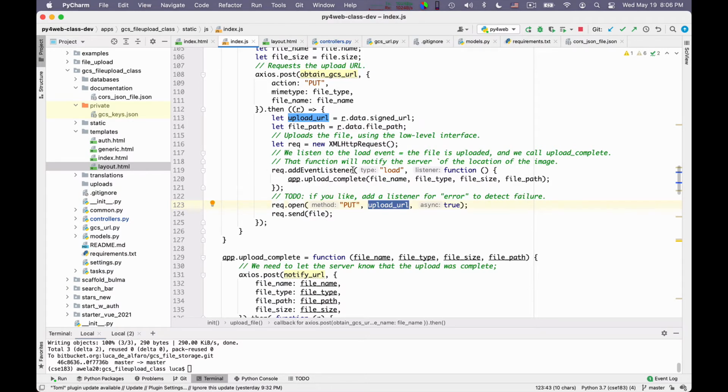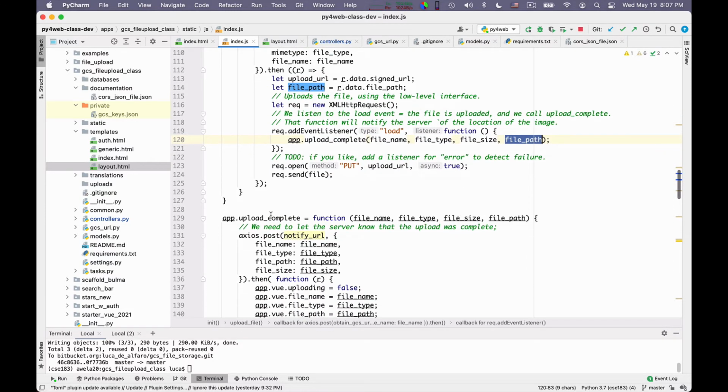When this request is completed, the load event will be triggered, and I call this function that I called upload complete. This was used to notify the server that the upload went through successfully. And I pass to upload complete the file name, the file type, the file size, and the file path.